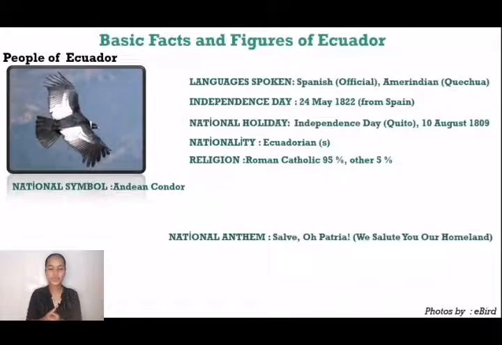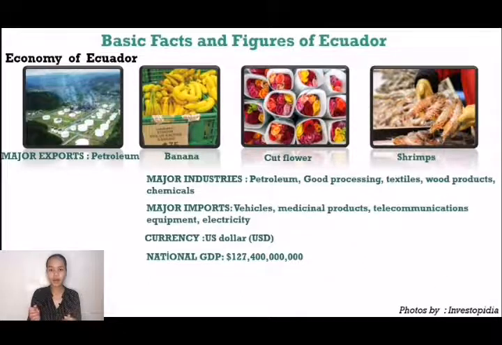Then, let's move on to the basic facts of the economy of Ecuador. Major industries are petroleum, food processing, textiles, wood products, and chemicals. Agricultural products are bananas, coffee, cocoa, rice, potatoes, manioc or tapioca, plantains, sugarcane, cattle, sheep, pigs, beef, pork, dairy products, balsa wood, fish, and shrimp.